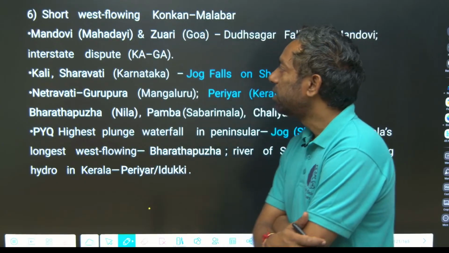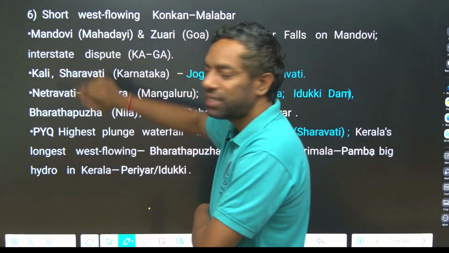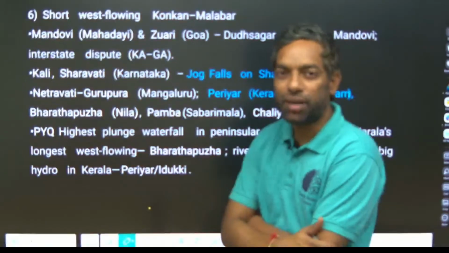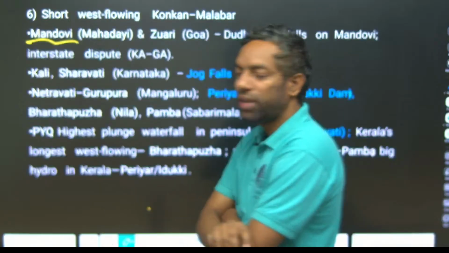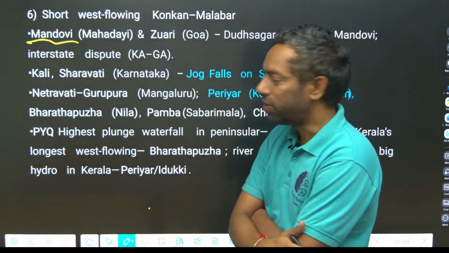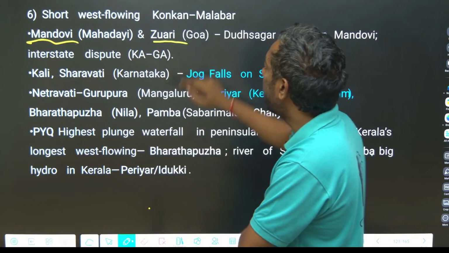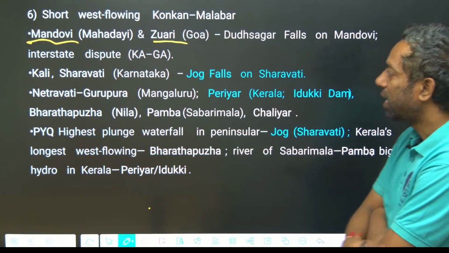Short west flowing rivers are Mandovi river also. Just look into here once, that is enough for you guys. Mandovi river is the shortest west flowing river apart from those 6 rivers. Jari river also in Goa, that is also a west flowing river. Mandovi, Jari, Kali,